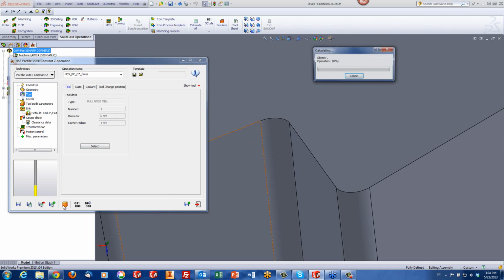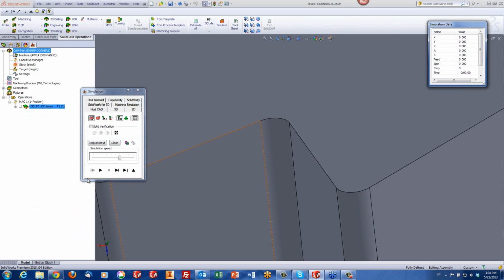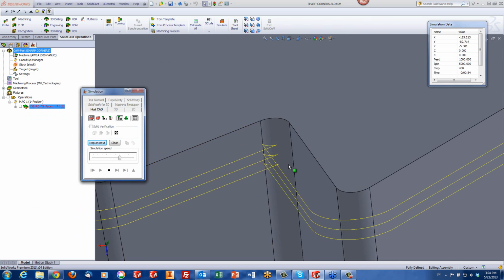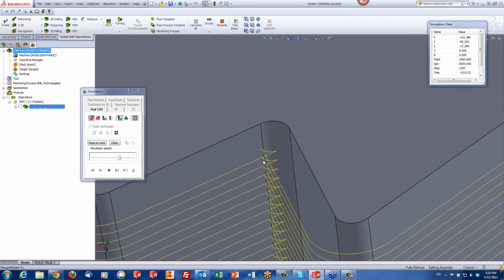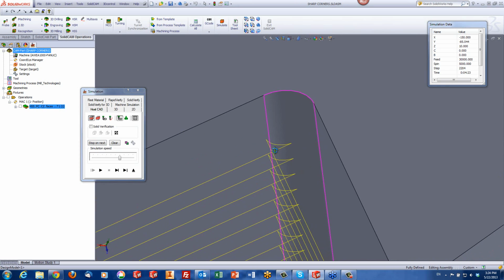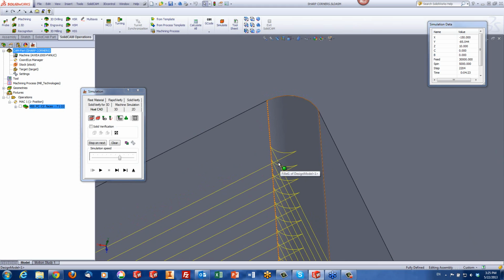Run my simulation. And let's take a look at what we see right now. What we see right now is when it gets to a sharp corner, which is what this is, it has to do a sharp corner. Now,